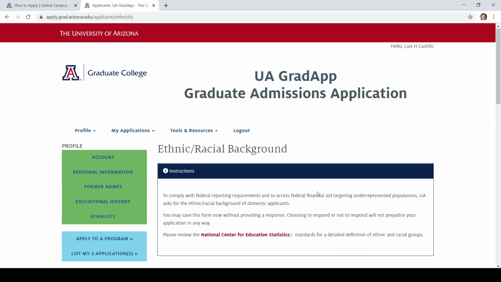You're going to see some information there. This is a very simple step, some information for you to read, and then below you get to select your ethnic or racial background, and you can see why we're asking for that information there. Very basic step. The whole point of the initial part of the application is that you fill out some basic